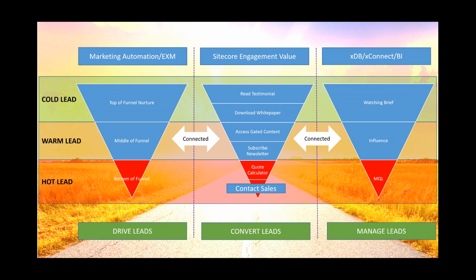So we would push out information designed to push people from the middle of the funnel to the close. So imagine an insurance company. They send out an email about home insurance. The testimonial's about home insurance, the white paper's about home insurance, and maybe there is a calculator that you have to log in to use, or there is some information that is valuable enough to be accessed via email, and I do that. When I get my next email, my middle of funnel email, it really should push me to a close point. Utilize or see the results of that quote calculator, or maybe we've learned enough at that point to contact sales. Only then is a meaningful MQL triggered to show a real lead.